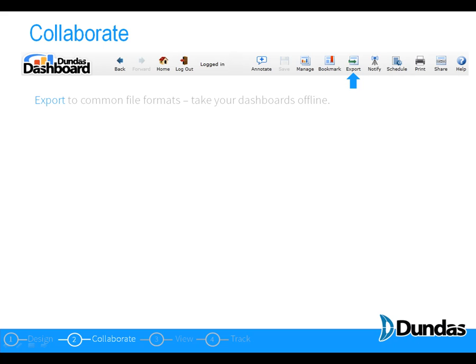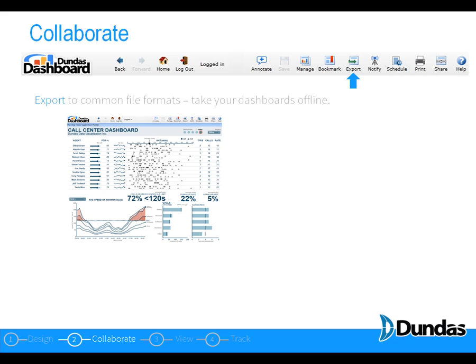So exporting, as much as I would love to believe that your users are going to be able to access their dashboards online all day, every day, I know that's not the case. Sometimes we're going to take them away to use in a presentation or as part of marketing collateral or something we're going to send to our clients as part of an email. That's fine. Dundas Dashboard supports exporting an image of your dashboard to common file formats like PDF or PowerPoint or